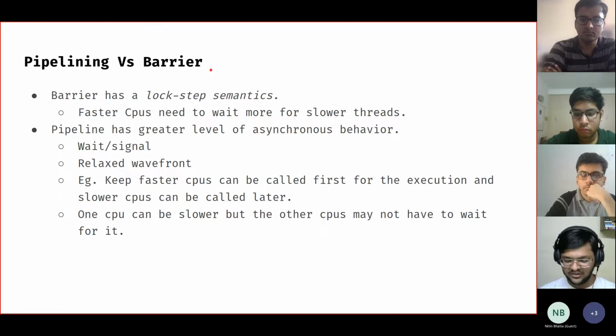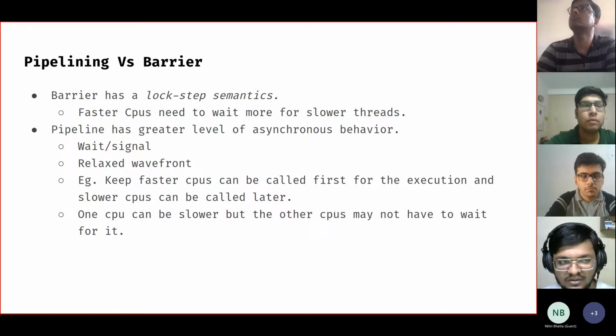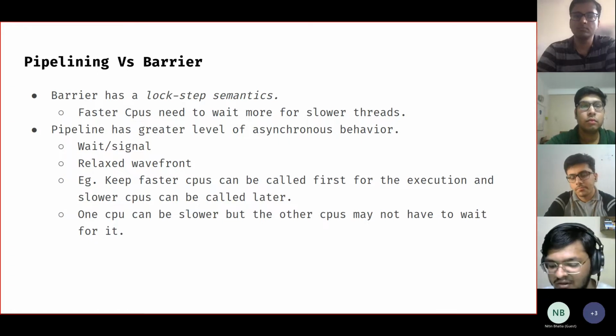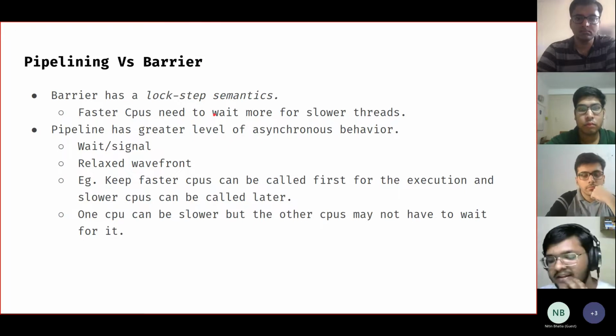So let's talk about the difference between pipelining and the barrier. We know that barriers have a lock-step semantics, which means that when we call the barrier in our code, all CPU threads will reach the barrier, and they will wait till all the CPU threads have reached there, and after that they can start executing